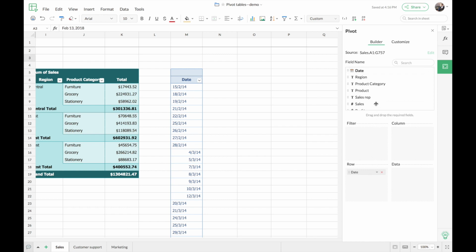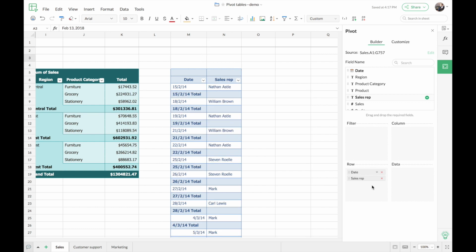And second will be the sales rep field into row again. So on the left, you can see that the table is giving me the daily date along with the sales representative names. But this is not exactly what I wanted because this is what the original data set is also giving me. So now I'll have to consolidate this table based on certain period of time.